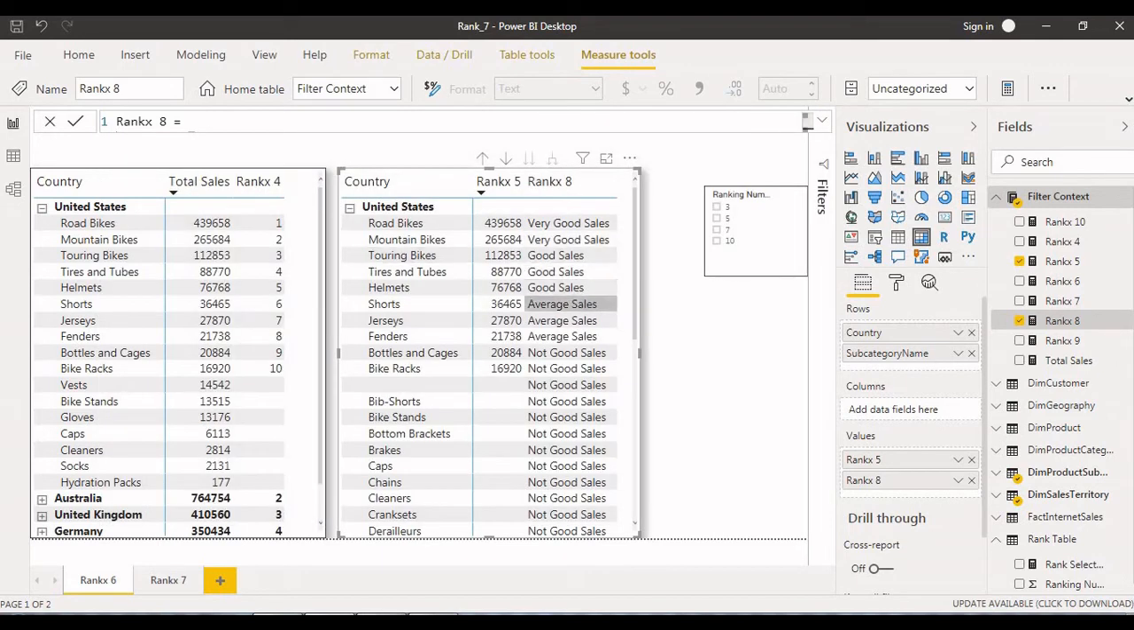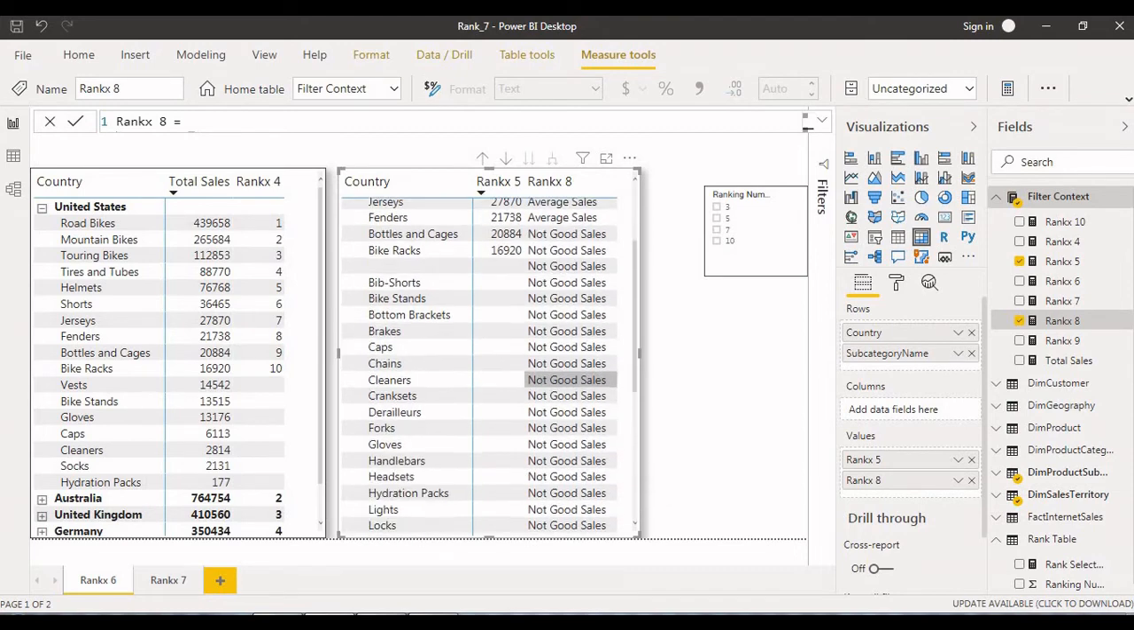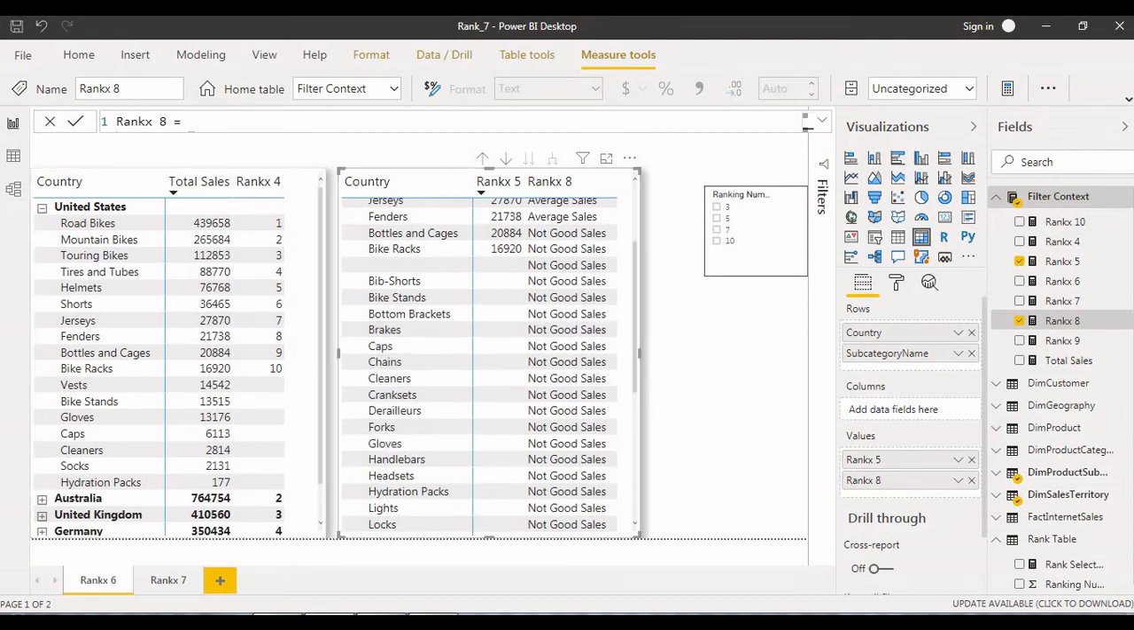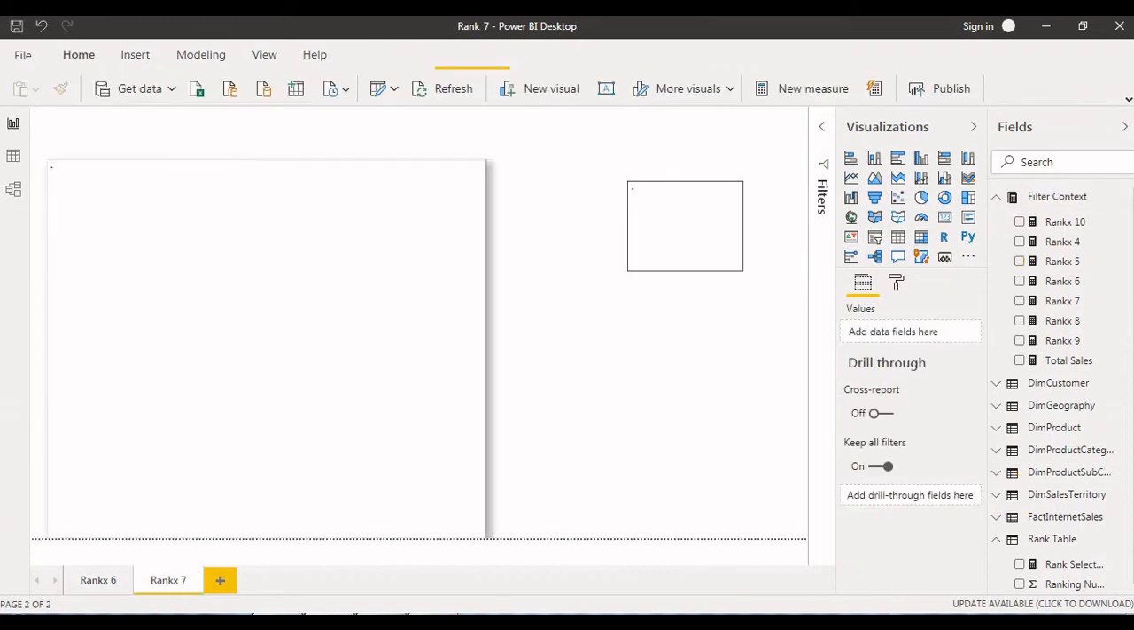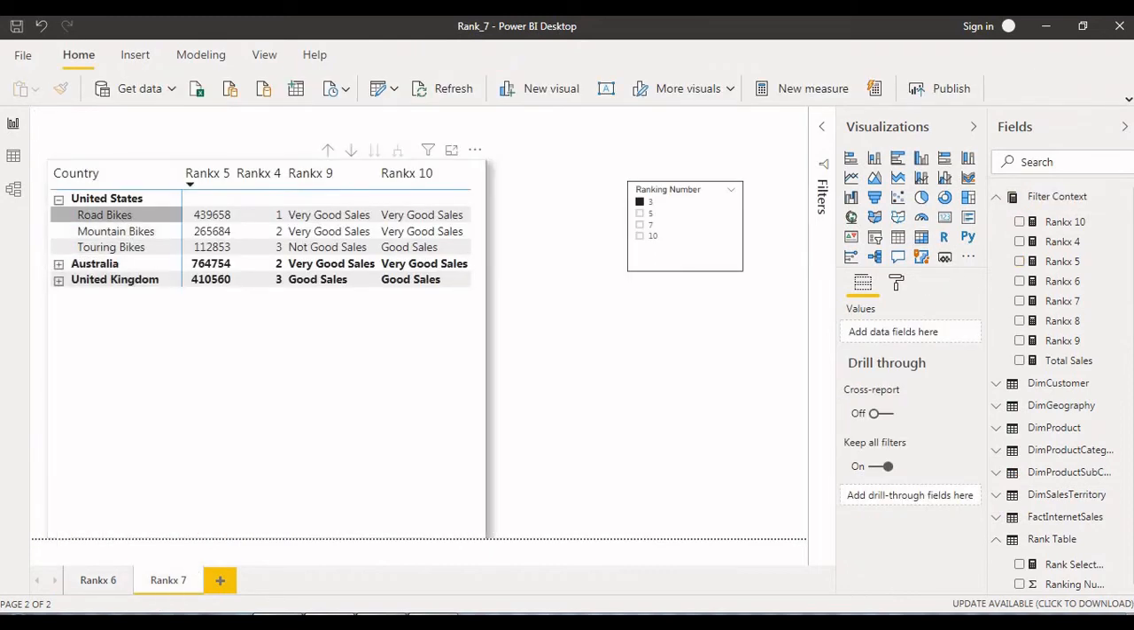Okay, but if you look here, even though we don't have ranks, it's giving a message, no good sales, and we don't want that. So how to correct it? We're going to see that also. Okay, if you look here,